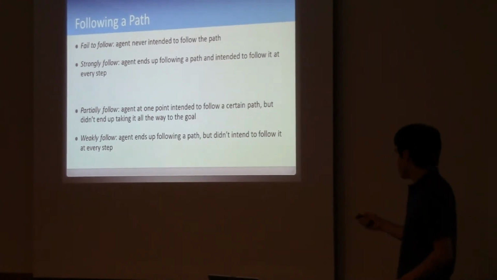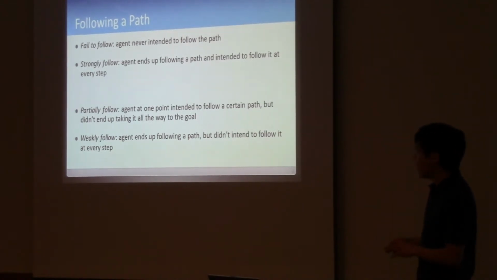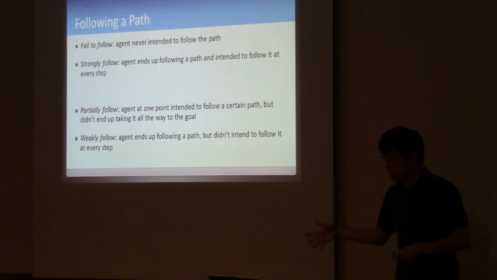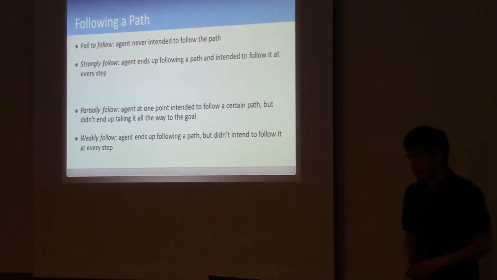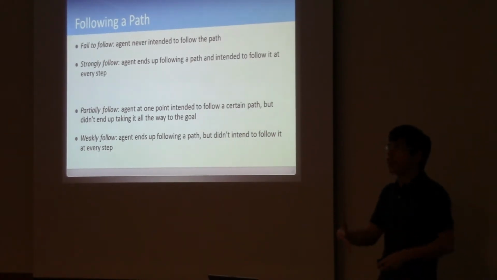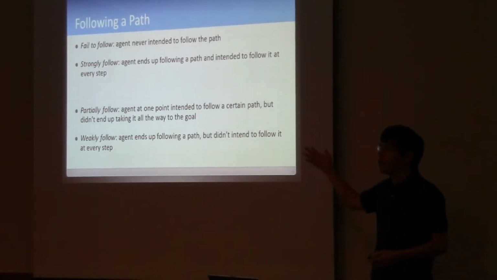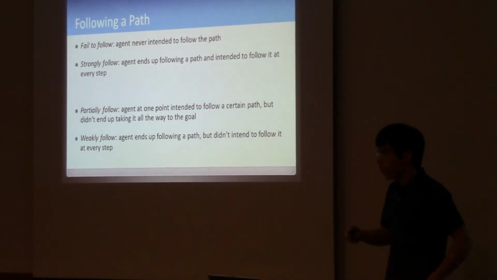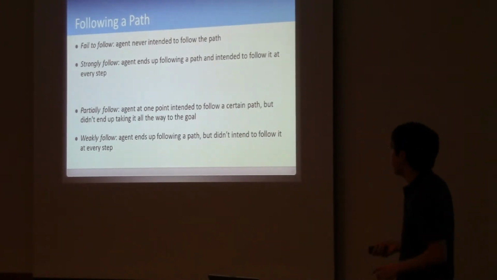I want to contrast this with the notions I introduced that are going to be very important later on, partial following and weak following. Partial following is like what happens to a lot of people here when they're pre-med, and they start at pre-med, and then they end up not actually going to med school. So you intend at one point to follow this path, but you don't take it all the way to the goal. Weakly following is like if that student then goes on to be a chemistry PhD or something like that. It started out taking all the science courses anyway, doing the same actions it would, and it ended up going this PhD route. But the student wasn't necessarily always thinking about going to grad school instead. So that's just an example of partial following and following.